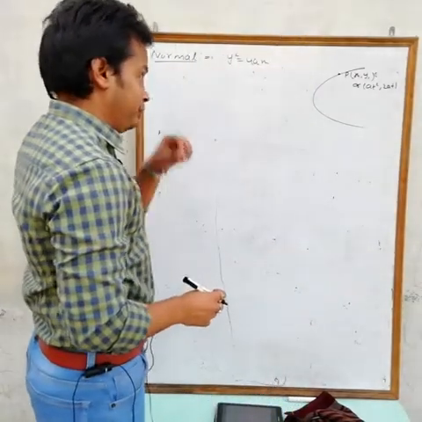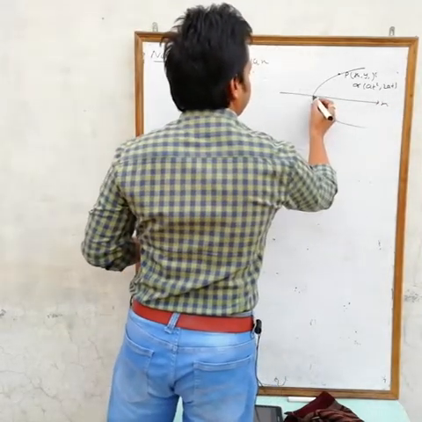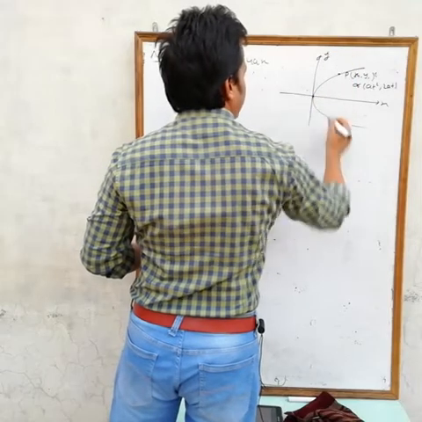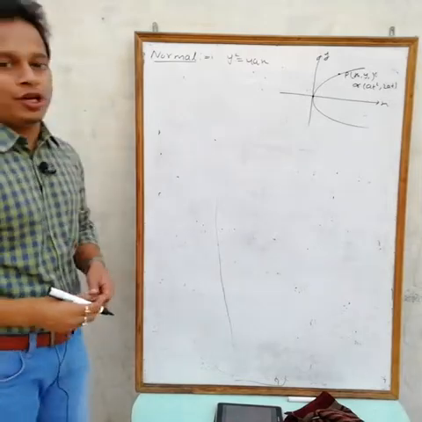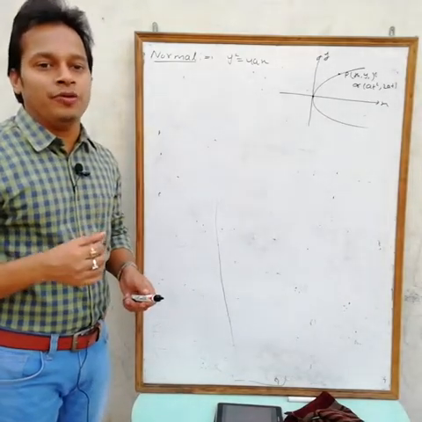This is the x axis, this one is the y axis, the vertex is 0 comma 0 and the focus of this parabola is a comma 0. So if you want to draw the normal at any point P,